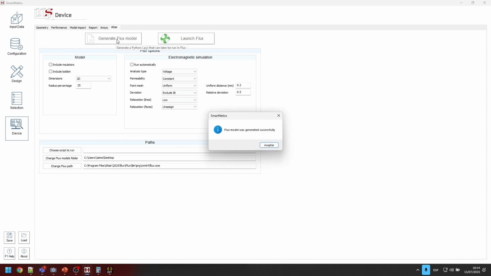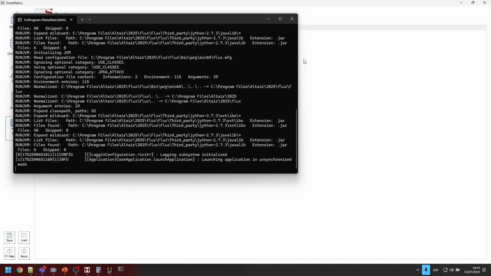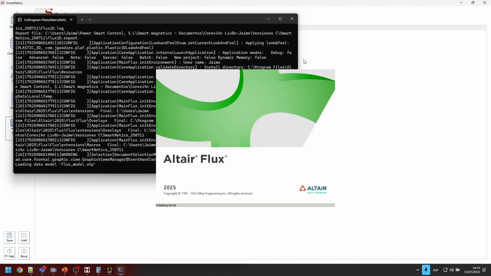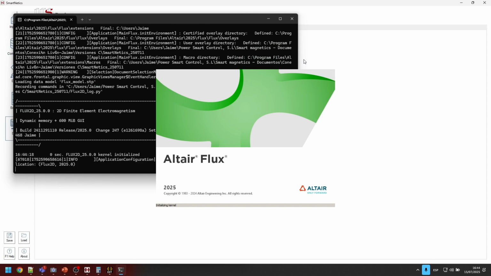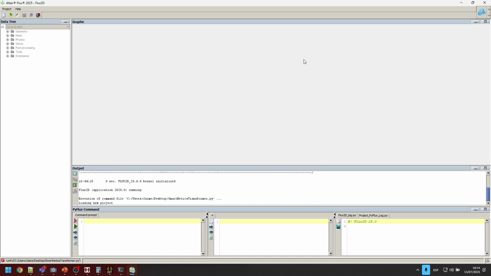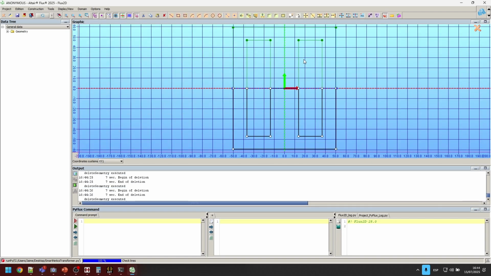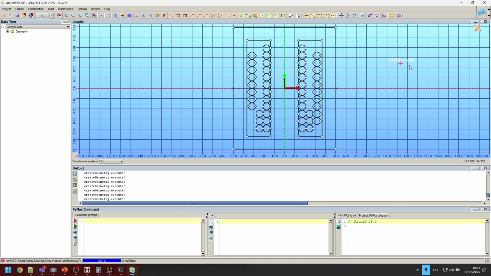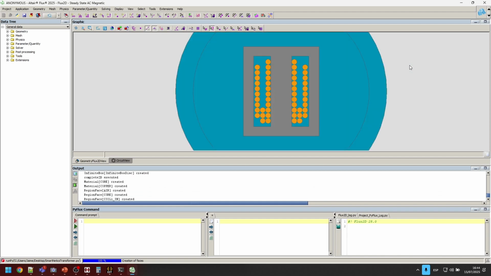So once again, you can generate the models. And once you have the model, you can send that to a different person if you don't have Flux in here, or you can just launch Flux and it will automatically start building your device. I will just wait a little in here, just so you can see, okay? So we will start generating the same device with the wires and the core and the materials, etc. So you don't have to know anything about this kind of tools. You can just let Smartnetics do it all for you, okay?